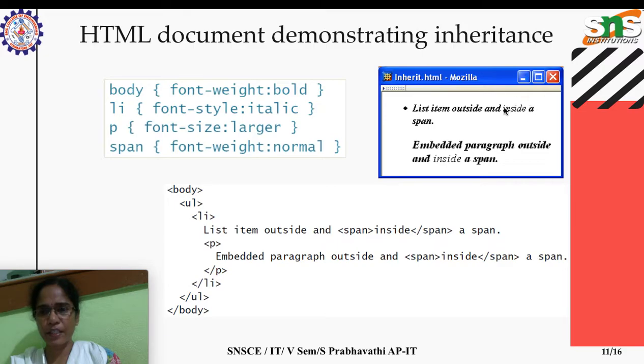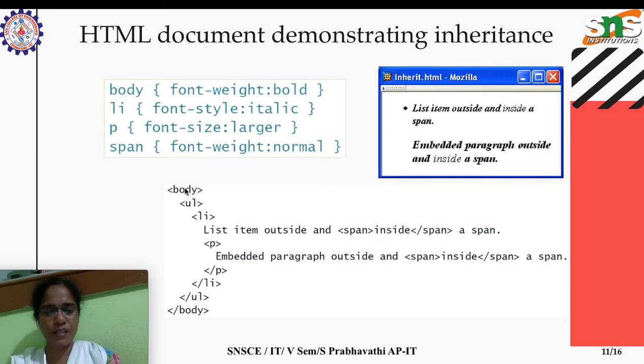And look here, inside is a span element that has its own style, font weight normal. So this item has higher priority than its parent. That's why it is displayed as normal rather than bold, but again it is italic because it is in the list item.